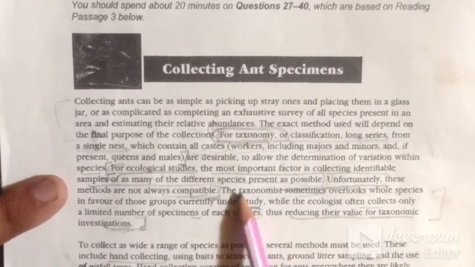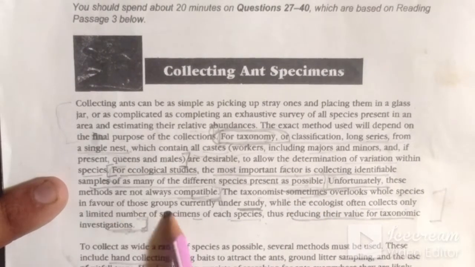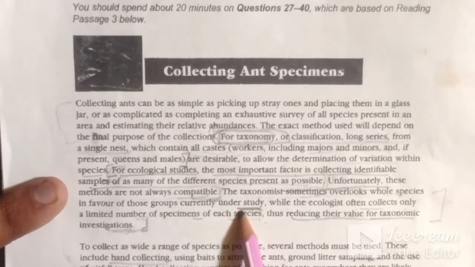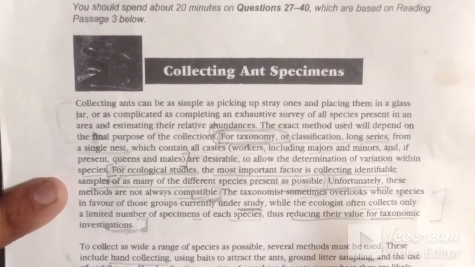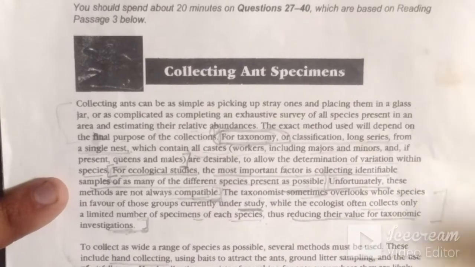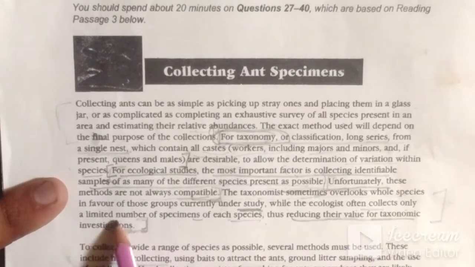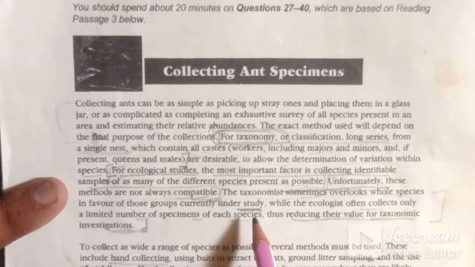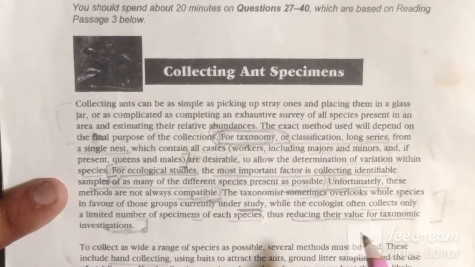भी मिल जाएगा। कहता है कि taxonomist sometimes overlooks whole species in favor of those groups currently under study. वो ओवरलुक कर लेते थे स्पीशीज़ को, जो उनको नई नई स्पीशीज़ मिलती थी उनको ओवरलुक कर देते थे इन फेवर जो उनके पास पहले से थी। While the ecologist often collects only a limited number of specimens for each species, जो इकोलॉजिस्ट थे वो कई सारे सैंपल नहीं लेते थे, लिमिटेड सैंपल लेते थे ऑफ ईच स्पीसीज का, thus reducing